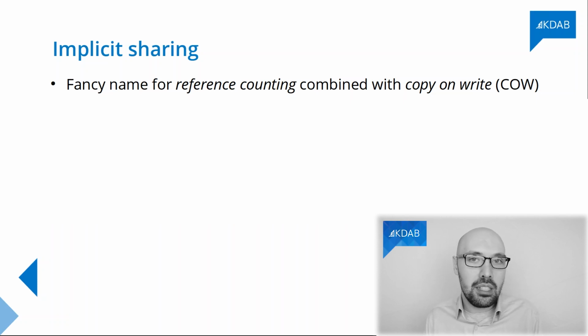Implicit sharing is that combined with copy on write, meaning that when you try to write into an implicitly shared object, if that object is actually shared, then you're going to copy it, or to say deep copy it, and do your modifications. This particular feature, implicit sharing, is found in pretty much all of the containers, but also very at large in Qt. Most Qt value classes actually feature this implicit sharing mechanism.